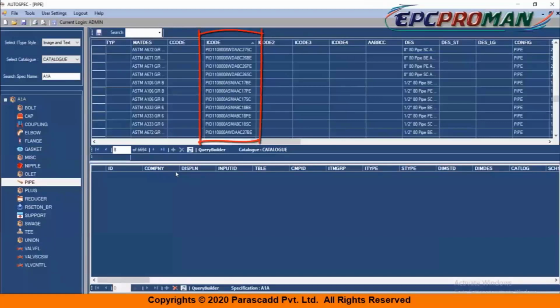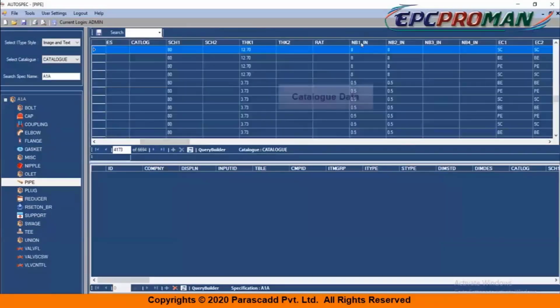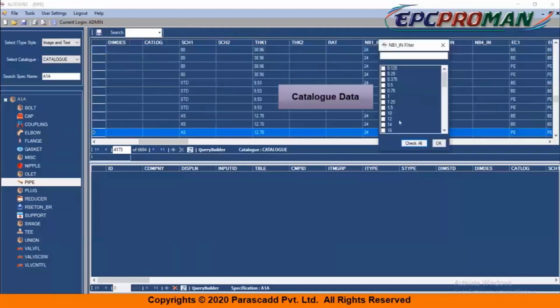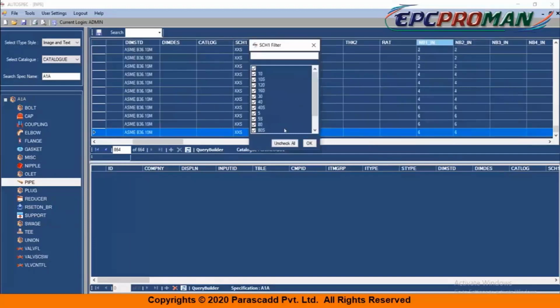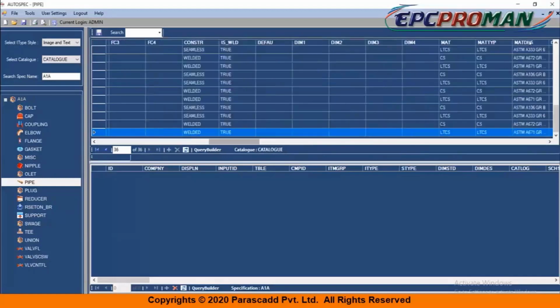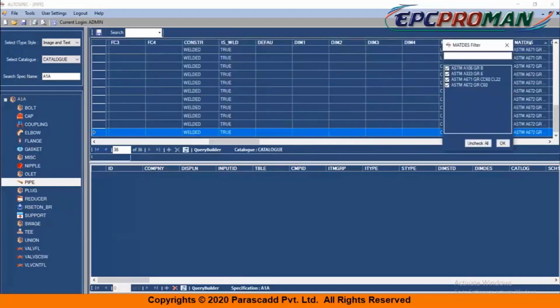Moving on to spec creation, we have the item codes of the catalog data available and the approved thickness from before. So here, one by one, I can select the size, like the size I'm selecting 2-inch, 4-inch, 6-inch size that I need of a pipe to be included in my spec, the associated spec, that is A1A for now, the schedules that I need, the description from the vast catalog data that I need.